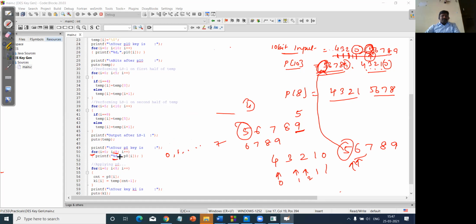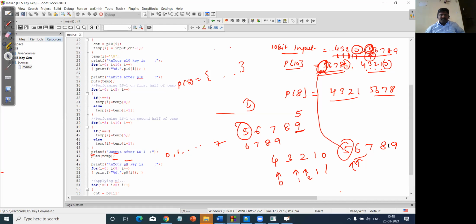Followed by, I'm going to print the values with %d and P8 of i, which is completely based on the positions we defined in the beginning. Do you remember that? P8 of i, which we defined for the 8-bit positions, right? Similarly, how we did in this earlier part, give me a second, I'll just scroll up a little. So if you recall what we did in this part, the same logic we are going to apply with respect to the 8-bit for loop.